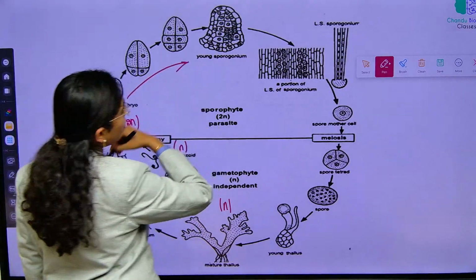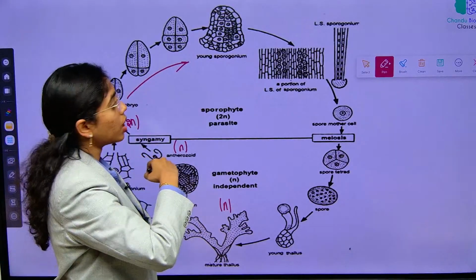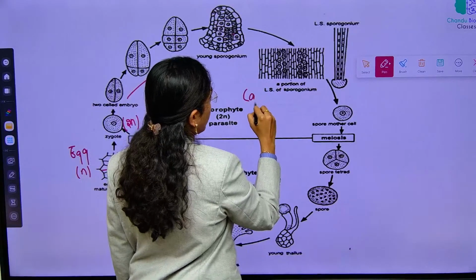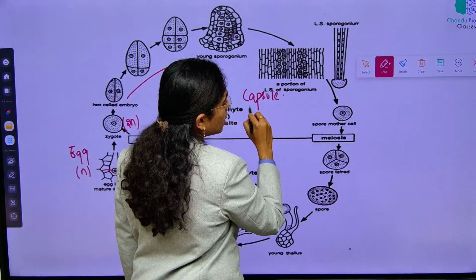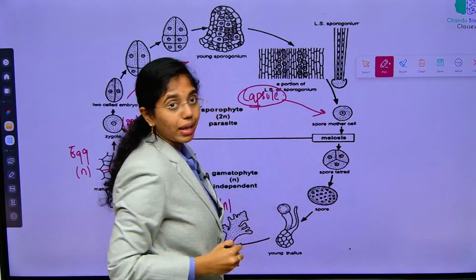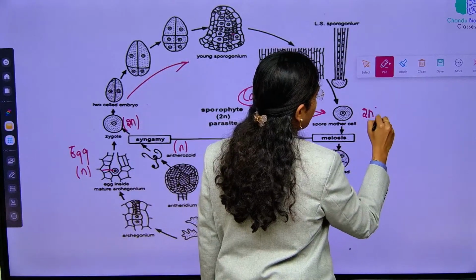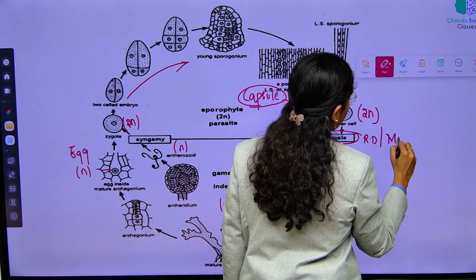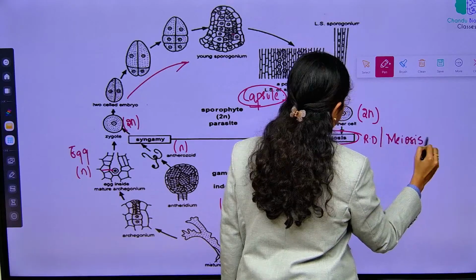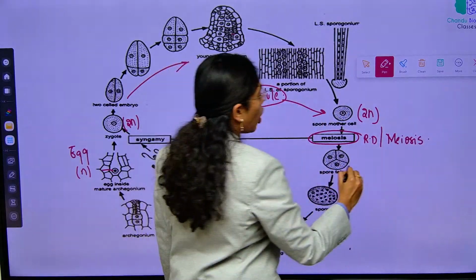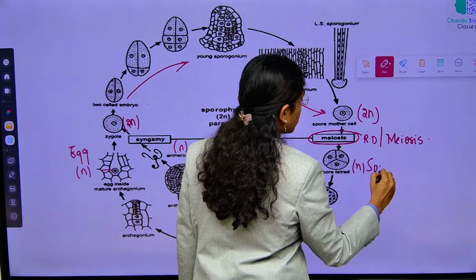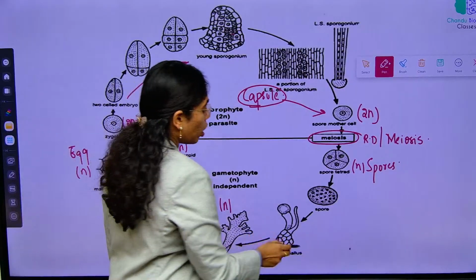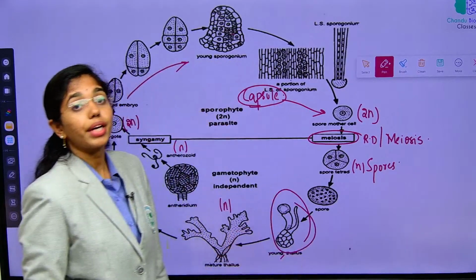The embryo will undergo mitotic divisions and form a young sporangium, in the capsule region. This sporangium consists of spore mother cells. Spore mother cells are diploid and will undergo reductional division or meiotic division. Post meiosis, haploid spore tetrads are released. Spores are being released, and these haploid spores, landing onto a suitable substratum, will develop into a young thallus which